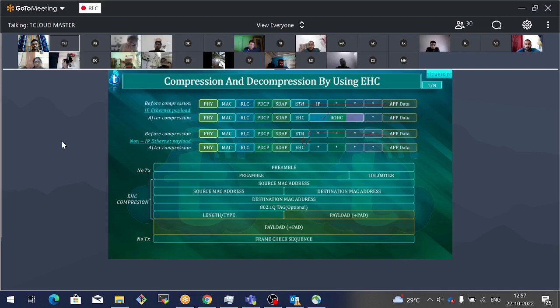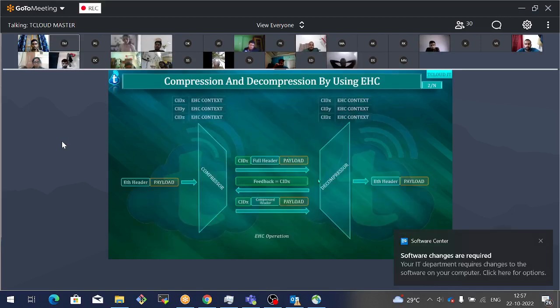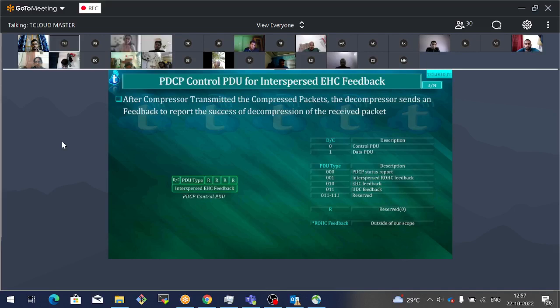But we don't care about that right now because this is not part of our curriculum, but I have to introduce the things related to PDCP. I'm at least teaching you this part. So I'm not going into the deeper details of this, like how the compression and decompression of the EHC work and so on. But from the PDCP point of view, if EHC is the operating algorithm to compress the Ethernet headers,